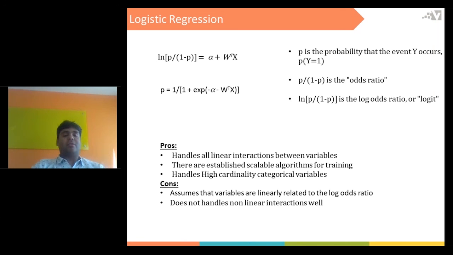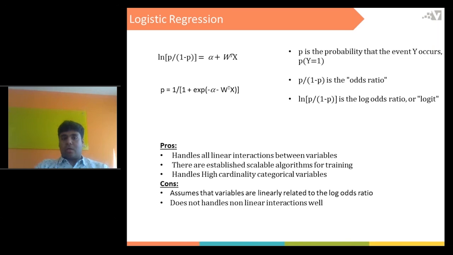Now the disadvantages. When I say disadvantages, it's not hard and fast that it will not be able to handle it. It's just that it's not able to handle it out of the box. There can always be some tweaks done to the variable to make it adaptable to logistic regression, but out of the box it is not able to handle it. The first disadvantage is that it assumes the variables are linearly related to the log odds ratio, which is visible from the equation it's solving.